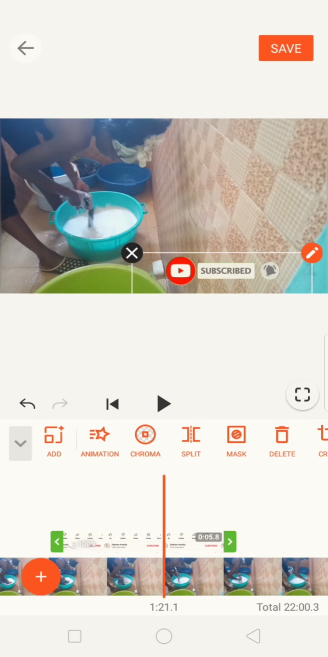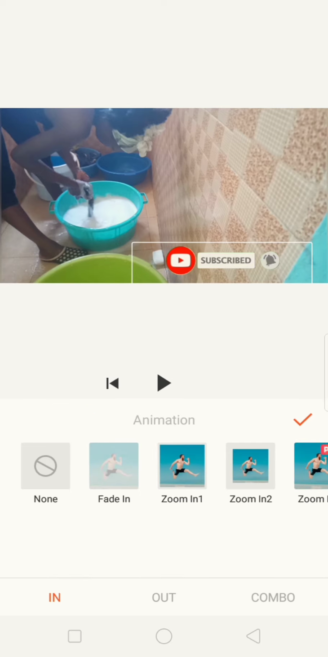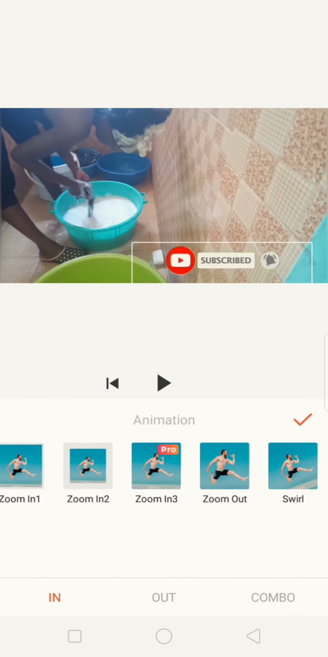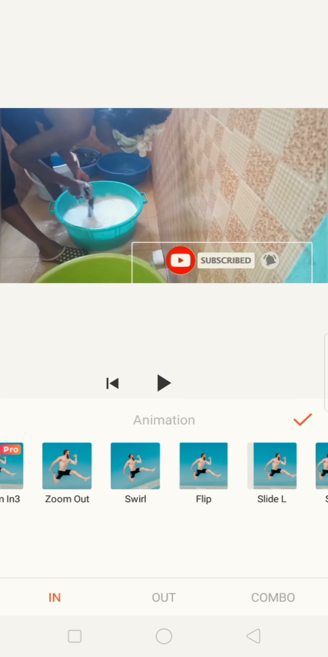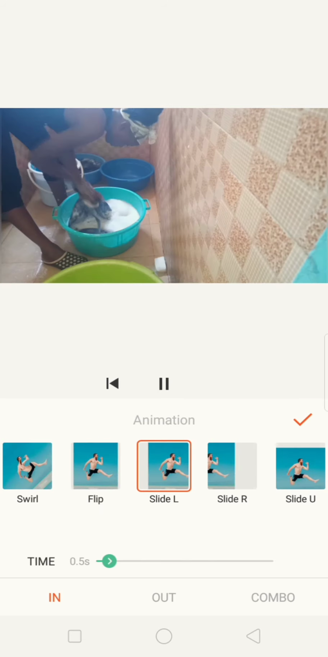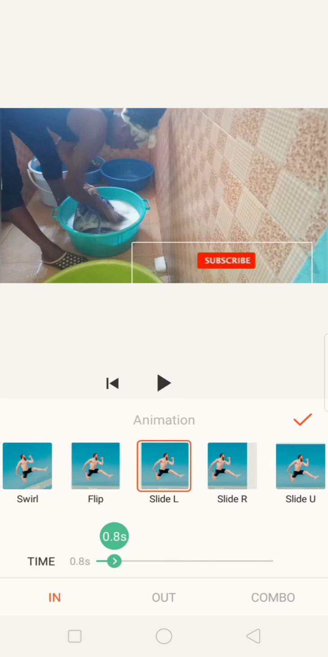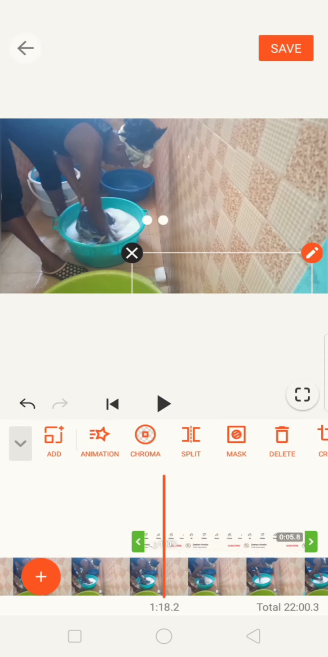And then if you want to add animation, I want it to come on my left side, so I pick side left, then I increase the time lapse. So after increasing like that,